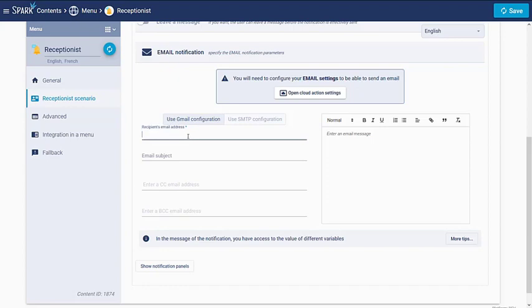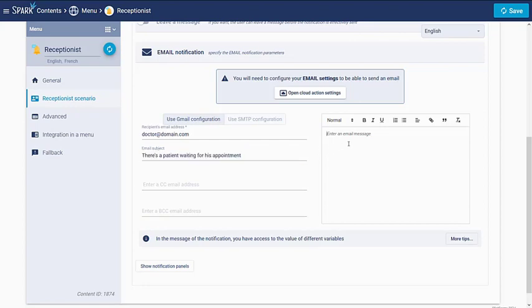So here you can define the email that will receive all the notification. You can put a subject: there is a patient waiting for his appointment.